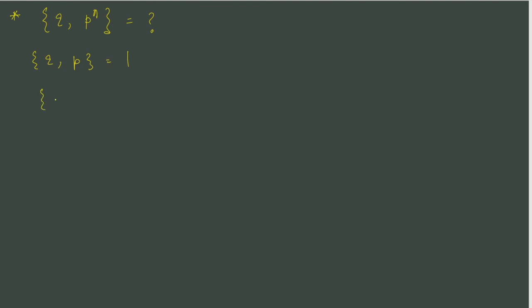So we can use this result to calculate q with p square. We write p square as a product of two p's, and then using the product rule, because the bracket of q and p is 1, we simply have